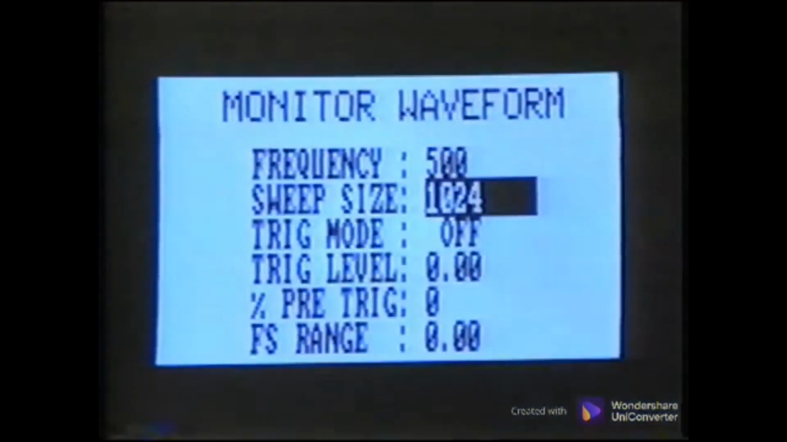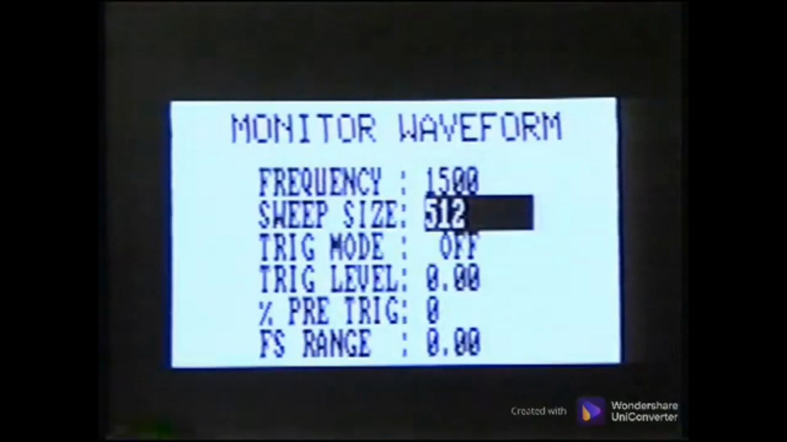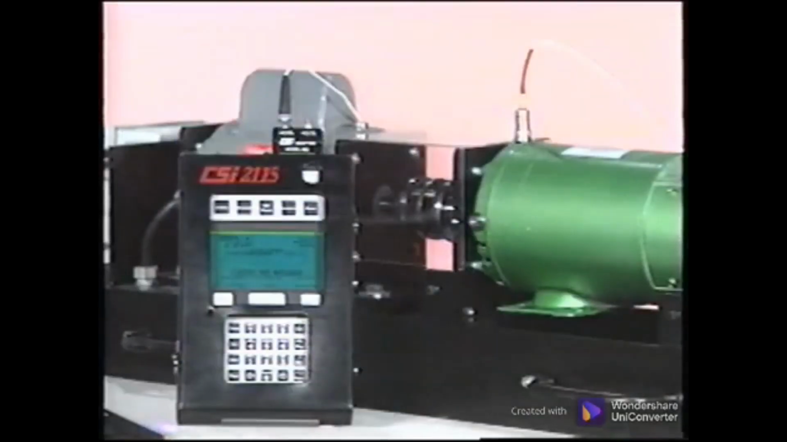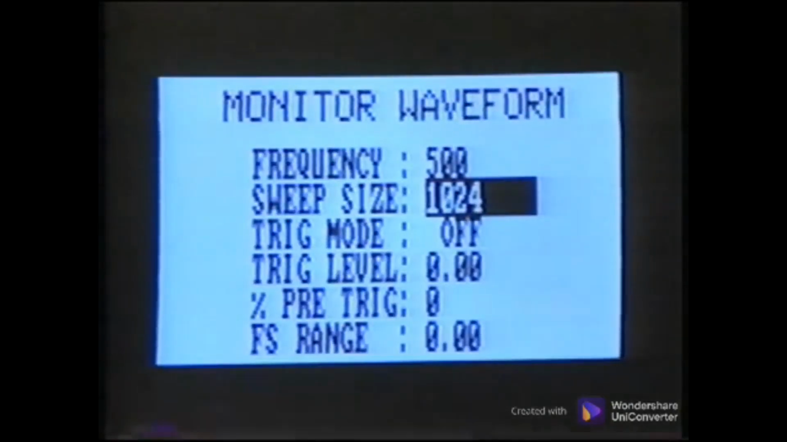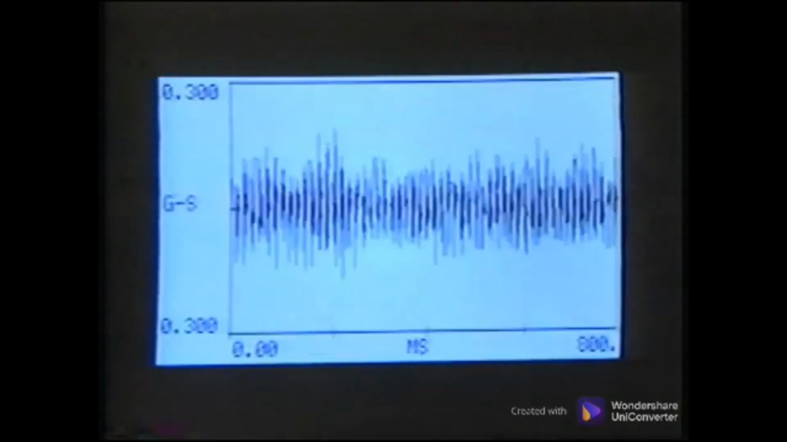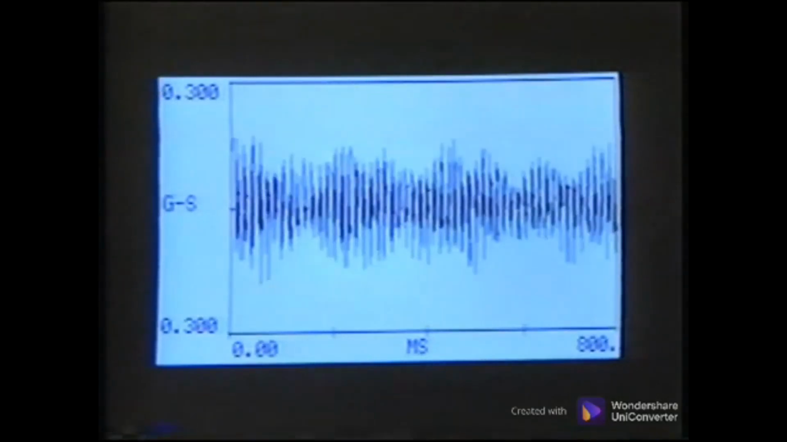If the analyzer stores 1024 sample points for a particular waveform, it has twice the information that a 512 sample point waveform has for the same data. The importance of the number of sample points can be demonstrated using this analyzer to monitor a rotor kit. Setting the sample size to 1024 points and monitoring the waveform, notice all the detail of the waveform with the